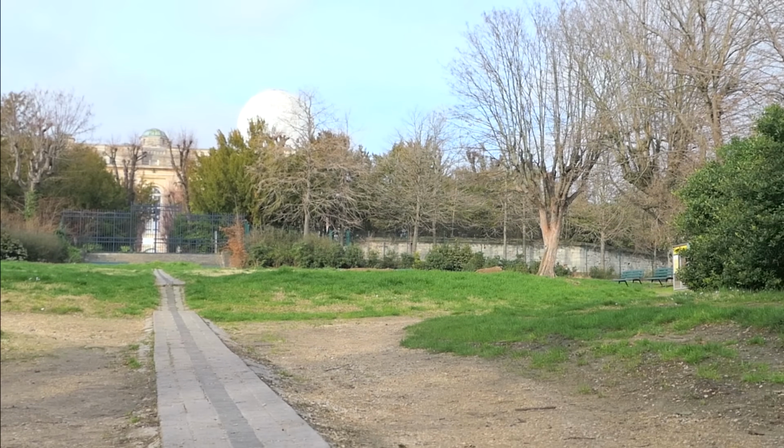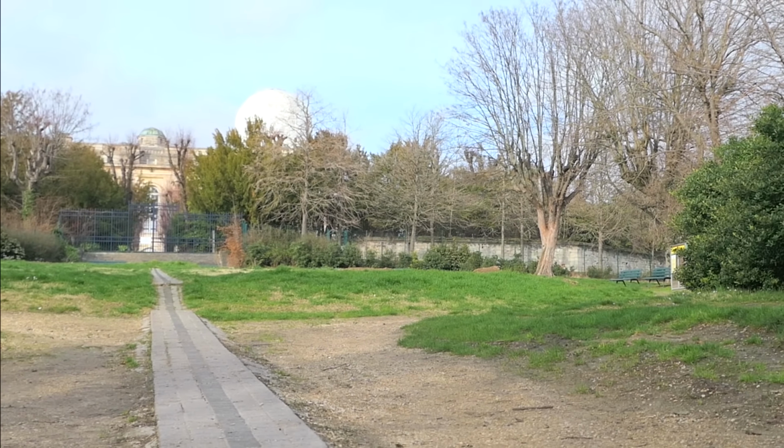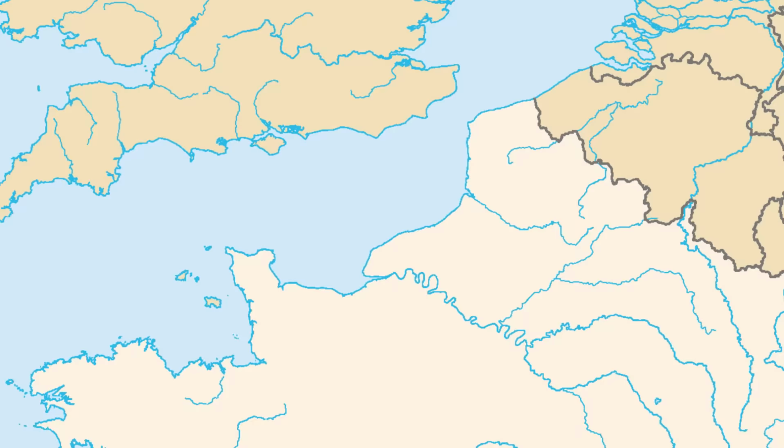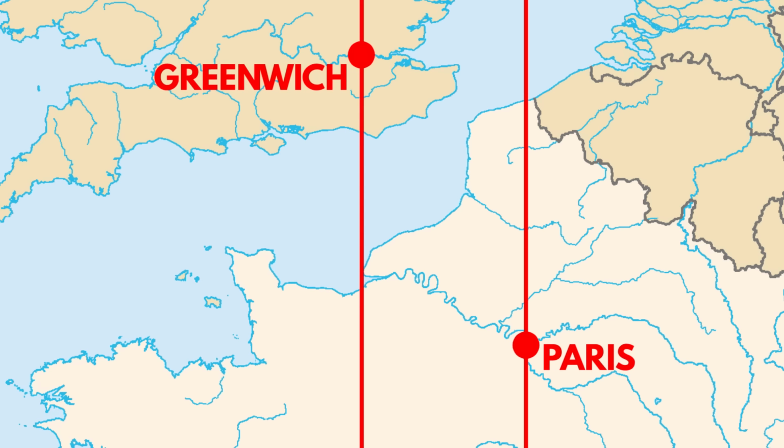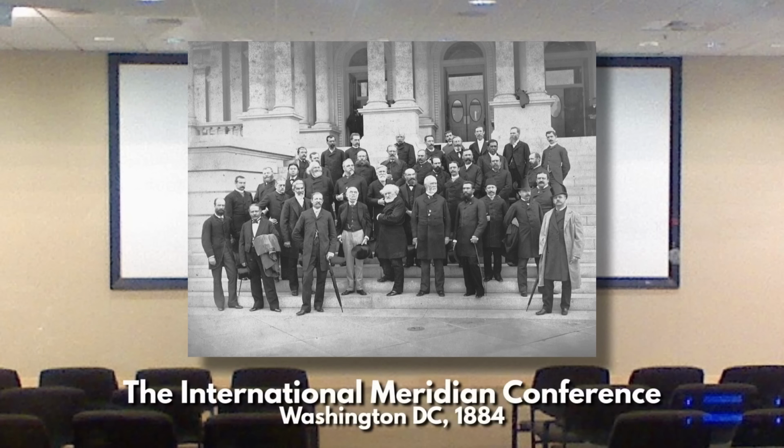And of course, that 0 degree line could have gone anywhere. But there were 2 standout candidates, and I think you can guess what they are: the Paris Meridian and the Greenwich Meridian. So in 1884, a conference was organised, bringing together the best map experts from 25 different countries to